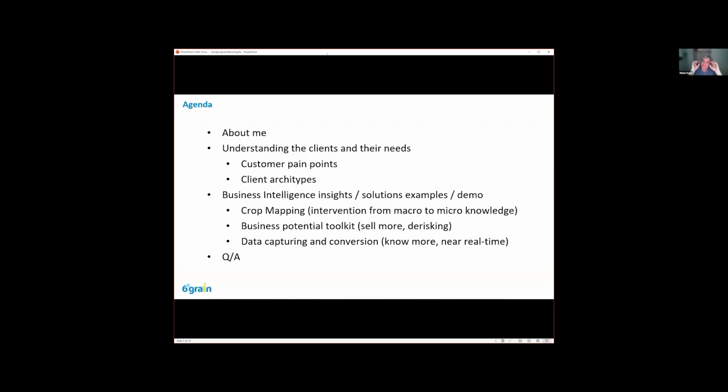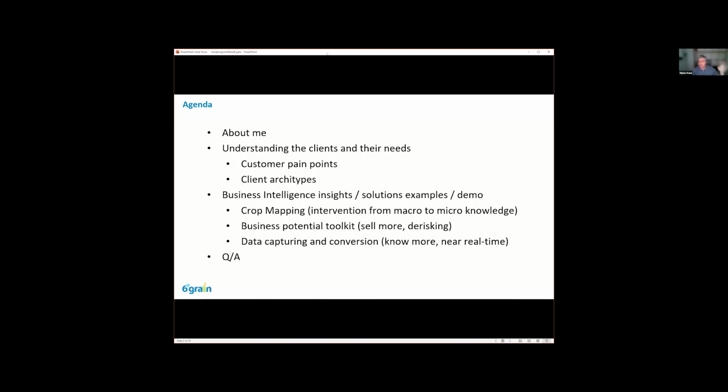One is a very important one when we at Sixth Grain create digital solutions: understanding the client, as is obvious. And I have some examples on how we usually drill into that. And then I wanted to make the presentation a bit more interactive. So I will actually make live demos of three solutions, what I would call business intelligence tools we have developed or are about to develop with some interesting clients.